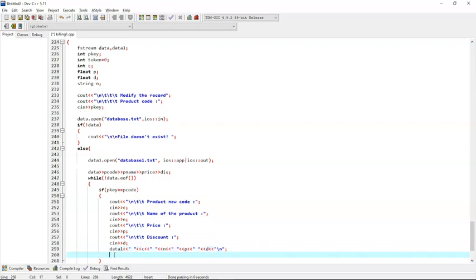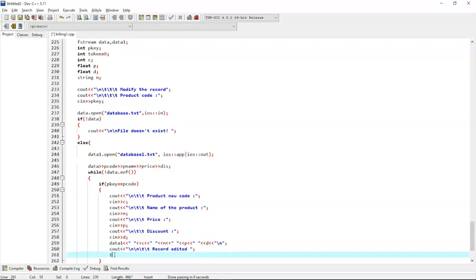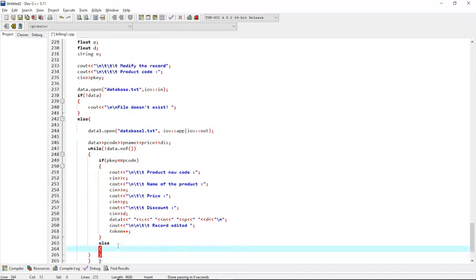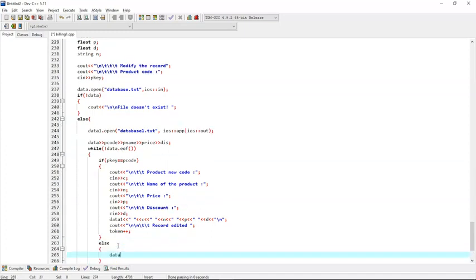Alright, now we'll write a message saying that record edited. Record edited. Alright. After that we'll increment the token, that is token++. Now this was the if block. Now in the else block, again data1, that is if the product key or the product code entered by the administrator doesn't match with any of the product code within the file, then